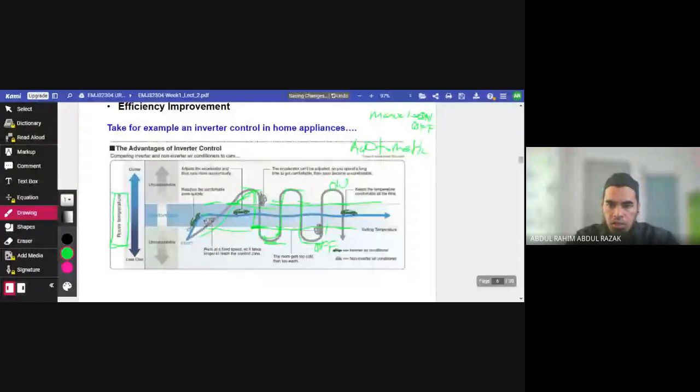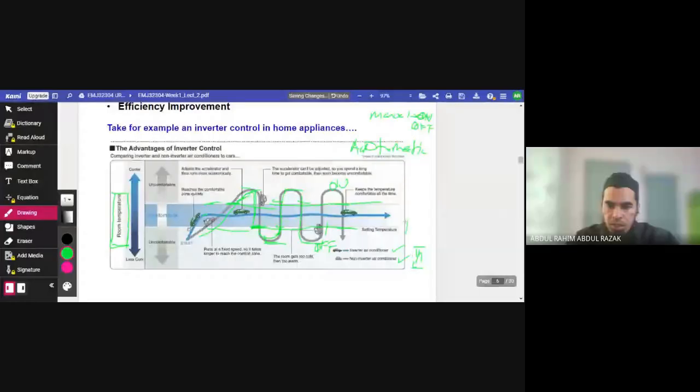Something like automatic control, avoiding extreme hot or extremely cold. So this is the advantage of an inverter air conditioner versus a non-inverter air conditioner. The non-inverter just switches on and off when it detects the high limit and lower limit. But when you use inverter control, we just set our setting. If we set 24, you will see it will